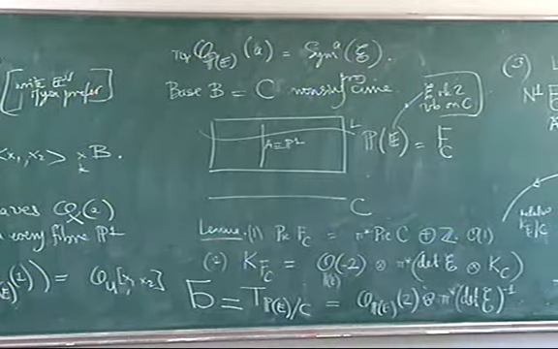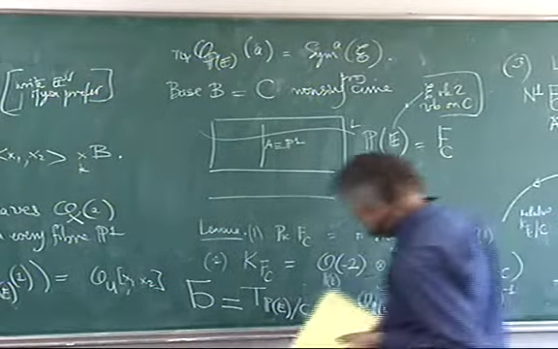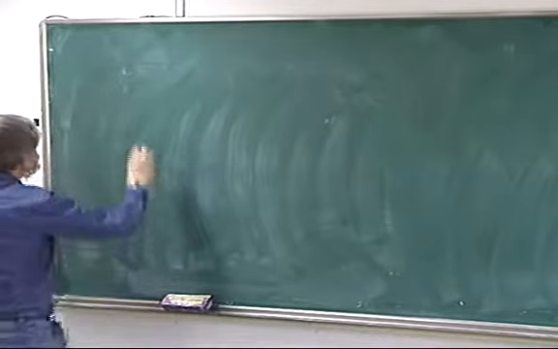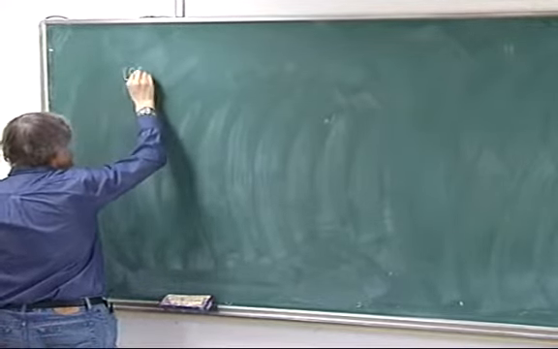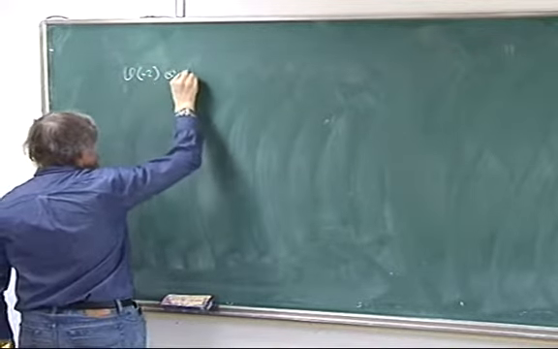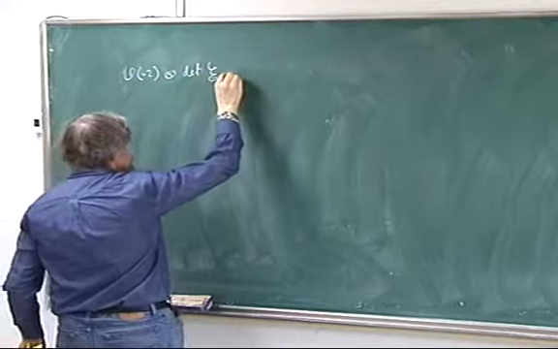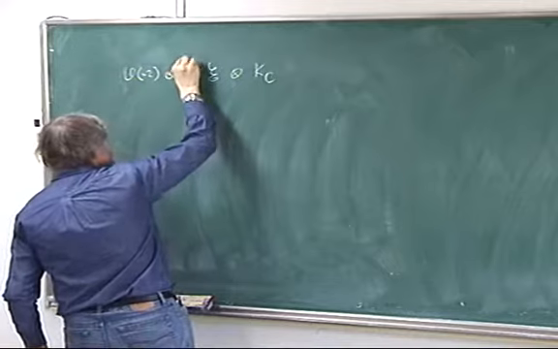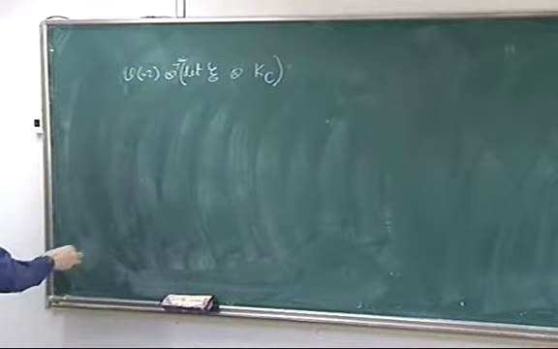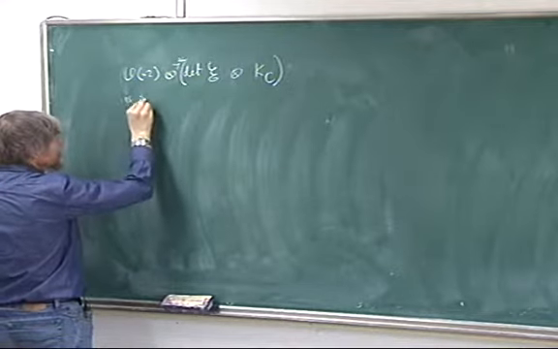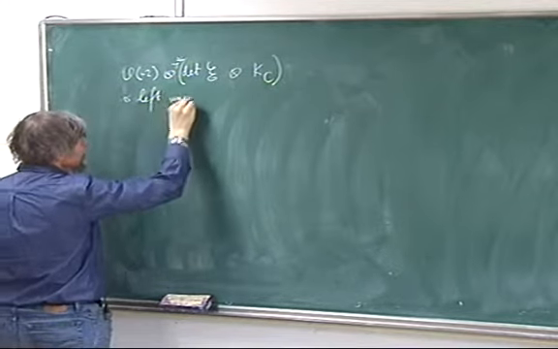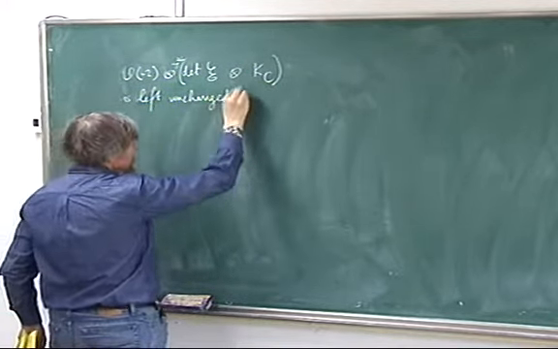Now, why should it be K_C tensor the determinant of E? So at least you notice here that this expression, O of -2 tensor determinant of E tensor K_C, is independent of, is left unchanged by doing